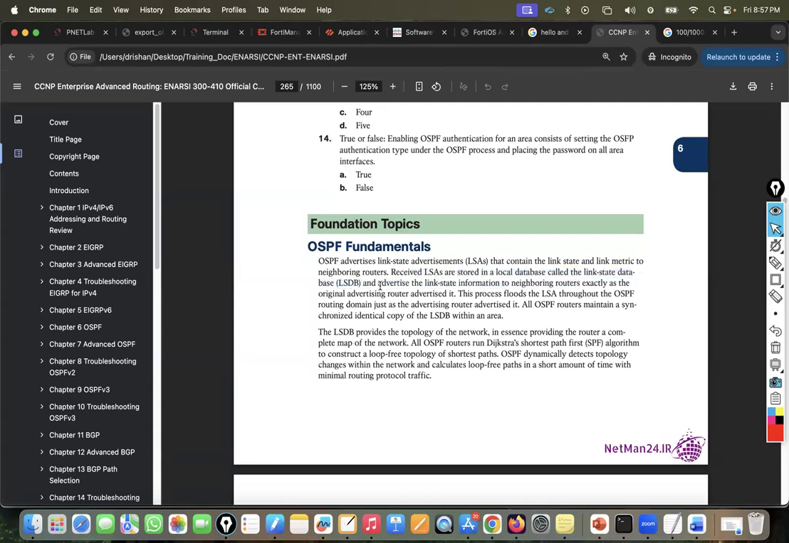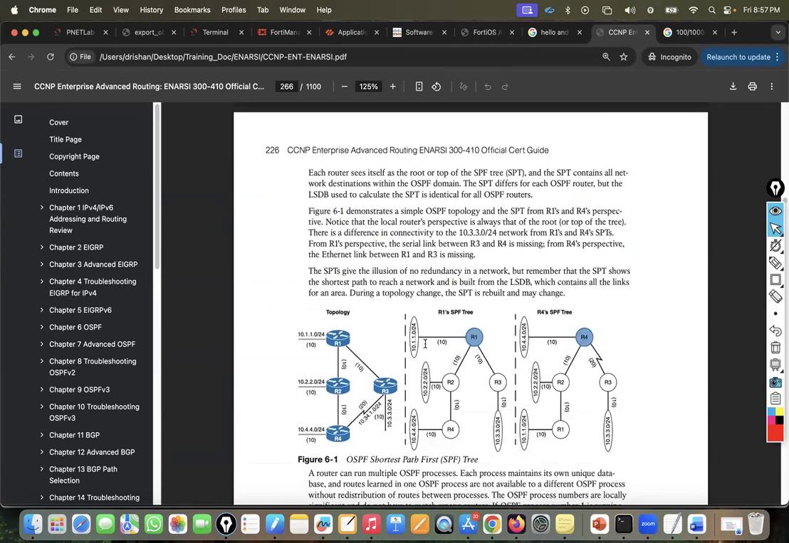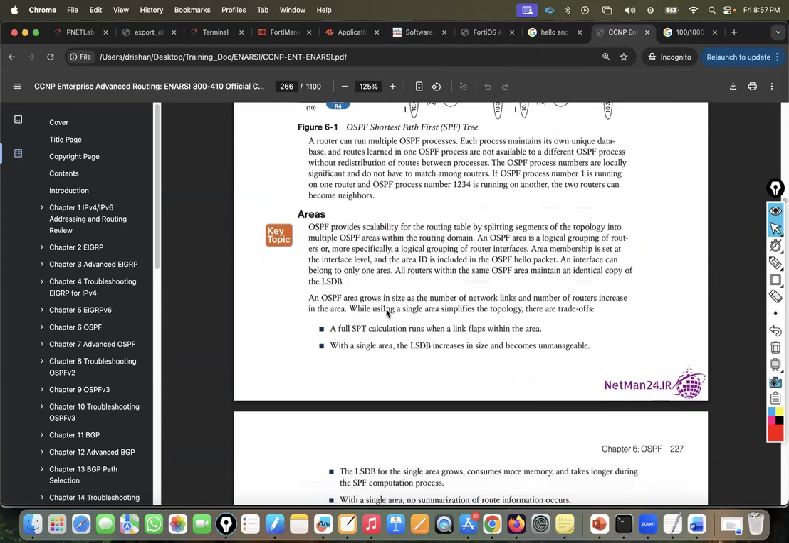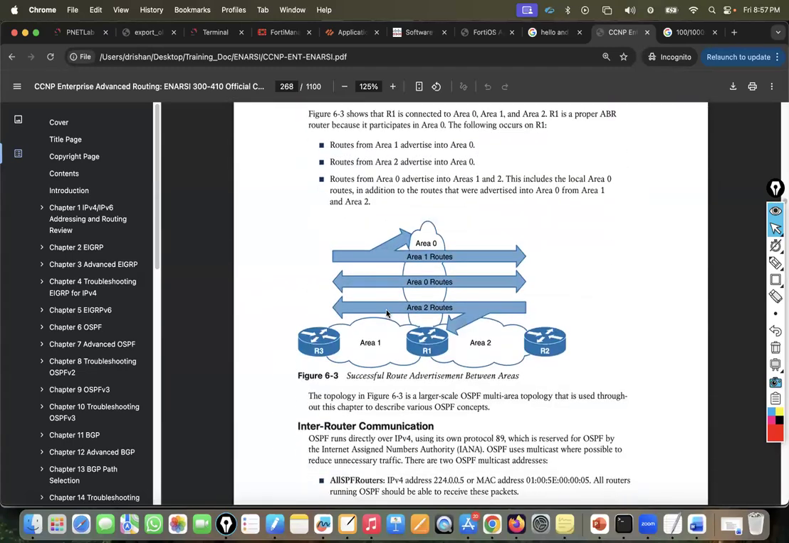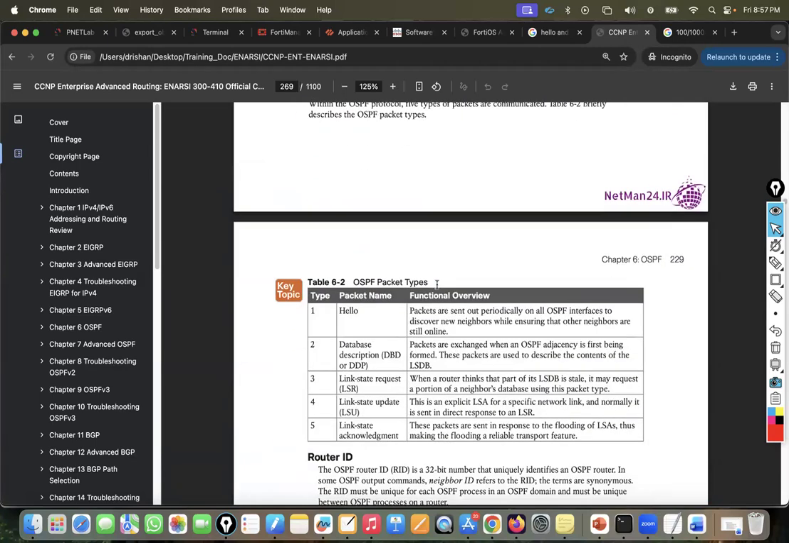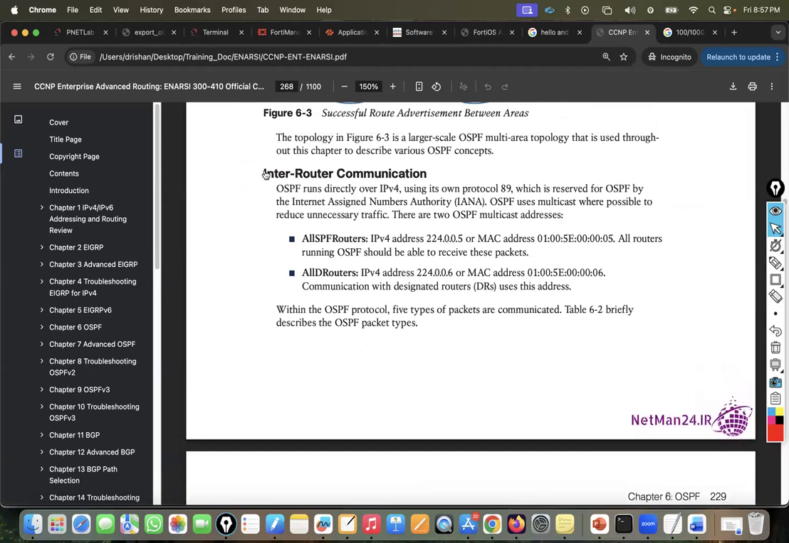This LSA makes sure all the configurations are updated and the path is calculated, which path is best to reach any network. They use areas. How areas work, I'll explain later. There are special routers, ABR and ASBR, which we have discussed. Now, these are the OSPF packets, so you have to understand them. Here, for inter-area router communication, all OSPF routers use this particular multicast address, and by default